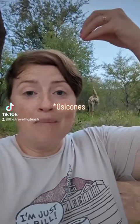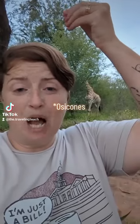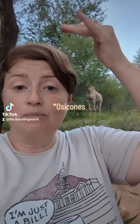So the giraffes have something on the top of their head called ossicles. Now, on a male, those ossicles are going to be larger, they're going to be thicker, and they're going to kind of be open at the top, exposing the bone. Whereas in the female, they're going to be a little bit thinner, a little bit smaller, and they're not going